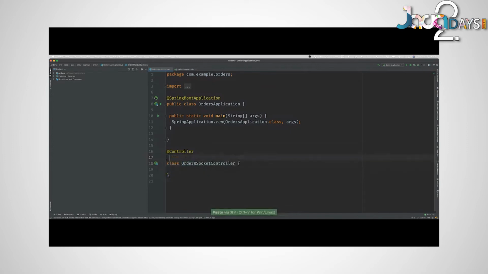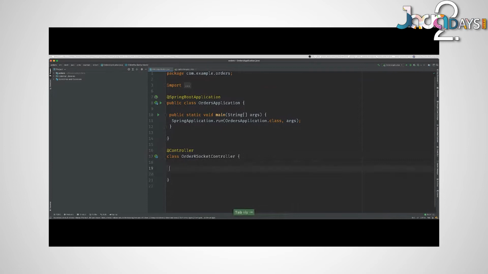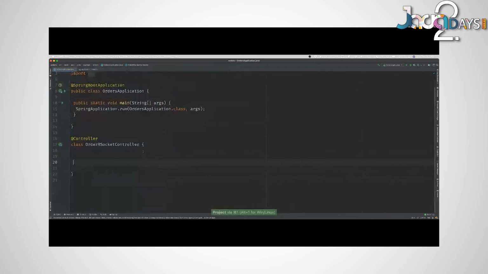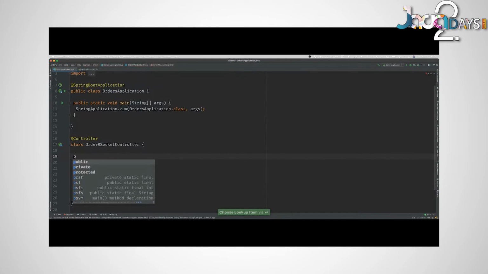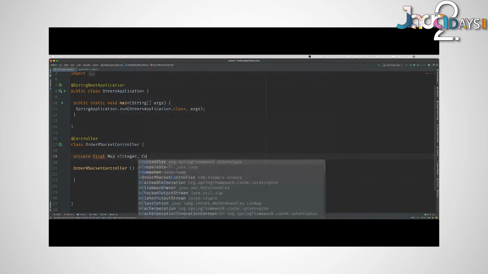So when the application starts up, we're going to create some in-memory data. Okay, you could easily talk to any database; it would be no problem. But let's just have an in-memory database here, and we're going to create a little map. So private final map of integer to a collection of order objects.